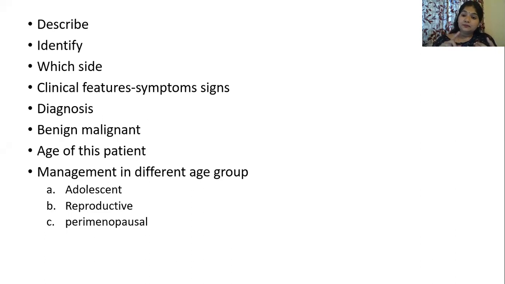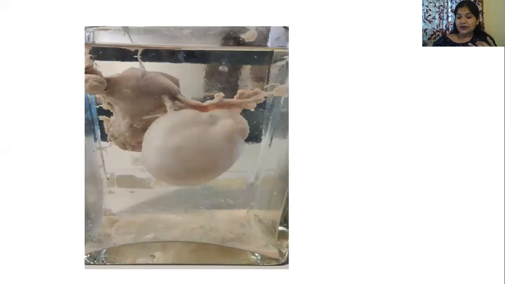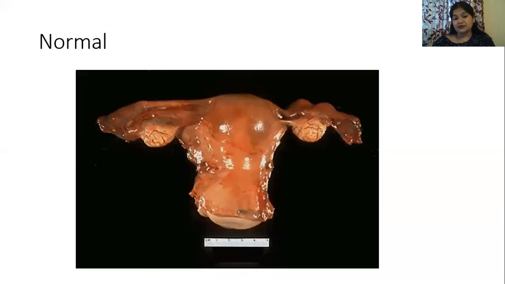Then malignant masses are generally bilateral. Now look at this specimen. This specimen is unilateral, right? Then the surface here is quite smooth. It doesn't have those papillary excrescences, or those rough areas which are coming out, or cauliflower-like areas which are coming up. In the ovary, we always call it papillary excrescences. In malignancy the surface is very irregular and dirty looking. So here the surface looks very smooth. It is unilateral, right? And it doesn't have areas of hemorrhage and necrosis, right? So all these things are going in favor of a benign mass, right?